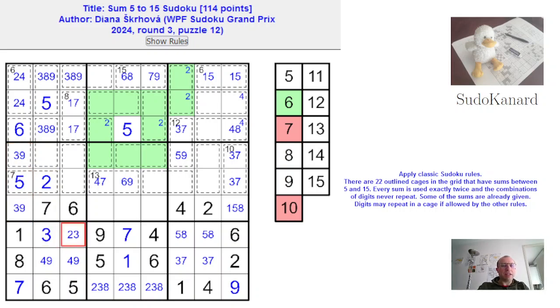That's interesting. This is 3, this is 2, this is not 3, and this here is a 3. Oh, that's much more interesting. And this 8-9 pair turns this into a 4. And I can place a 1 in here. And this is 4-8,